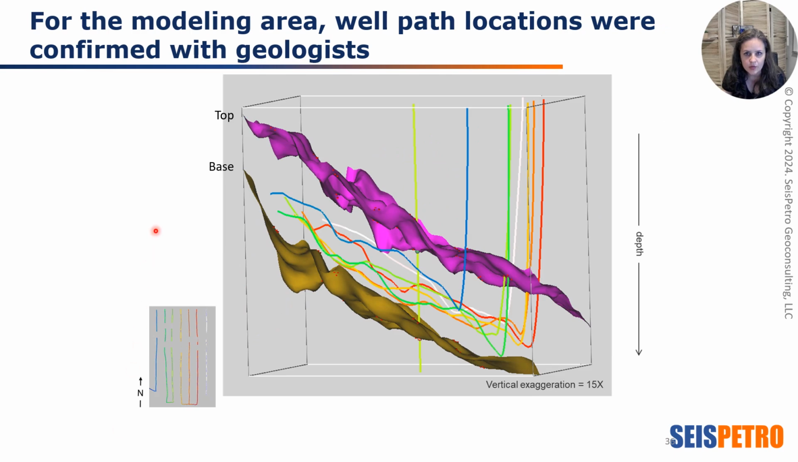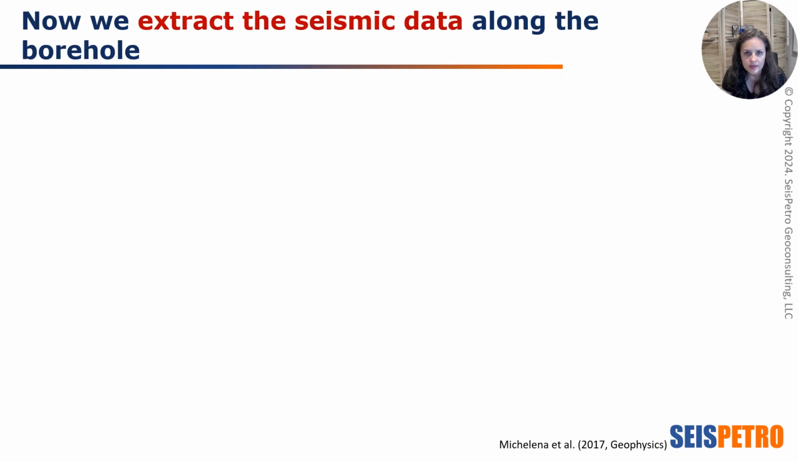Here is a side view that shows all the horizontals in one of the sections in the area of interest, and they all fall inside the interval now. And also the placing of the horizontals was confirmed by the geologists, saying that they were more or less in the right position. They were not too close to the top or too close to the base. This is important